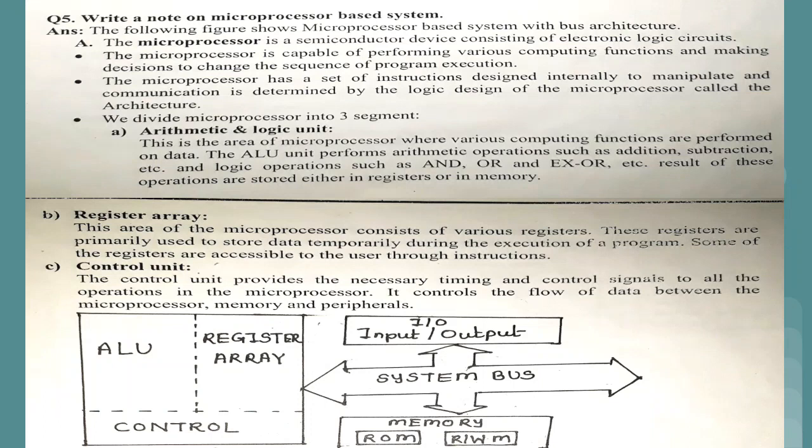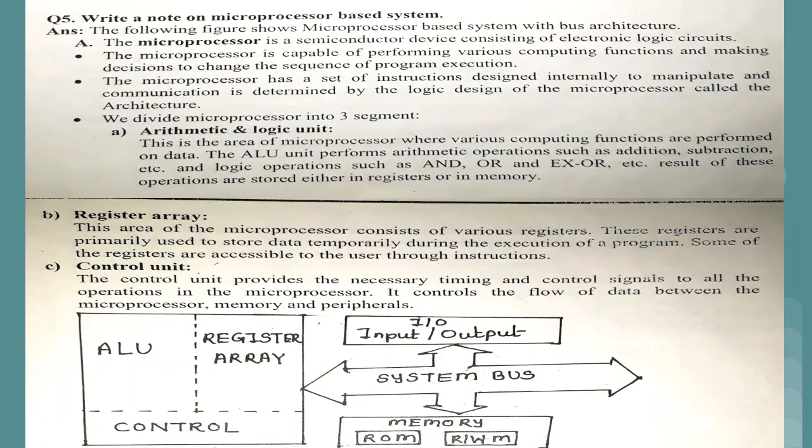So again, in this question you have to explain the definition of a microprocessor. That is, a microprocessor is a semiconductor device which stores the instructions in a special area called memory, receives binary data as an input, processes the data according to the instructions, and displays the result as output. So this is the definition for the microprocessor.